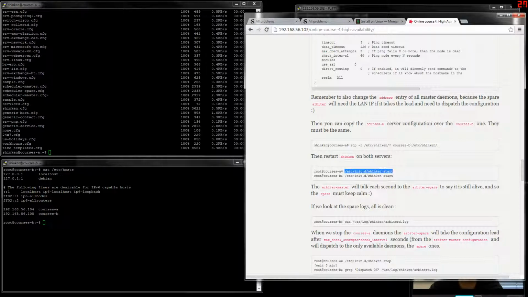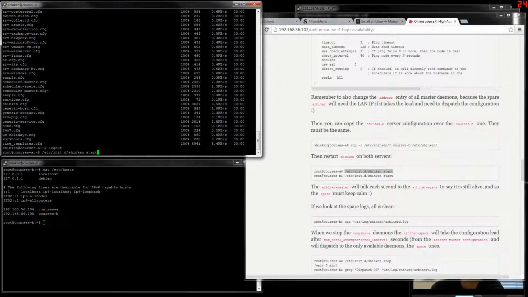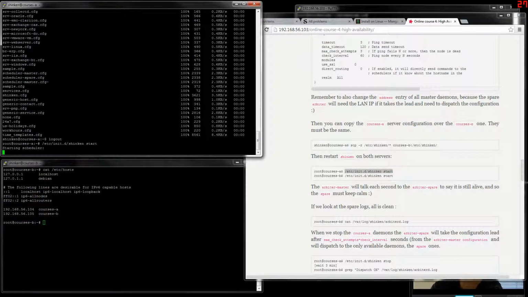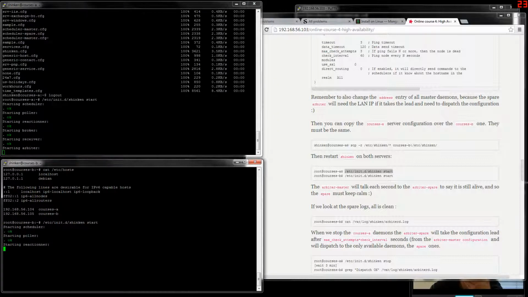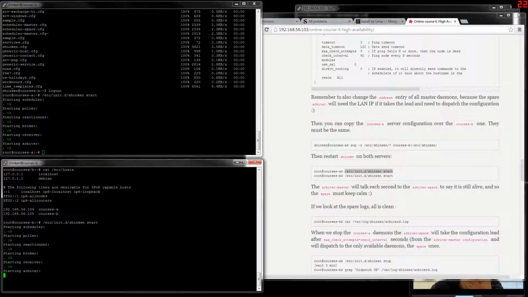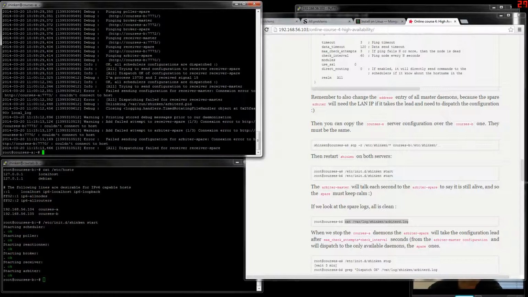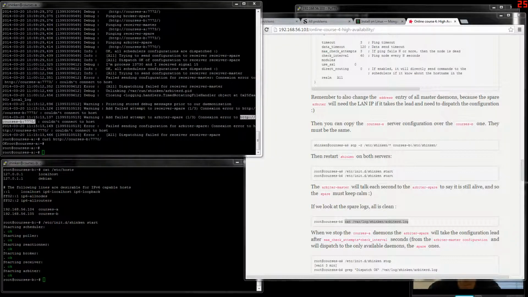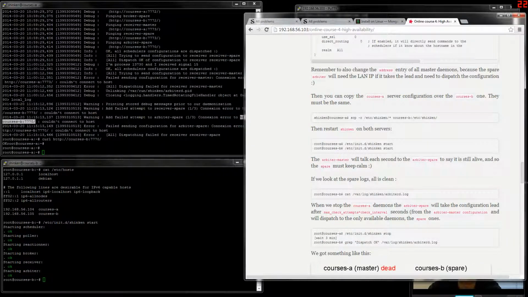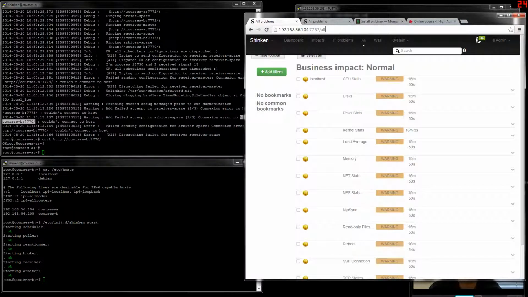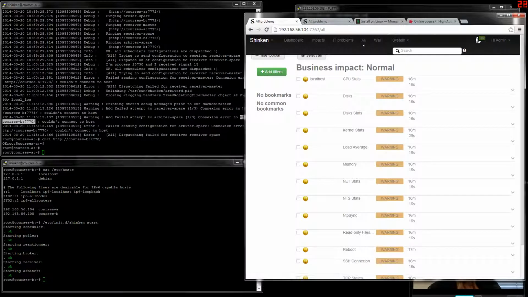And then we can start the daemons on both servers. And we can take a look at the arbiter logs, so we will see if the web UI is okay.